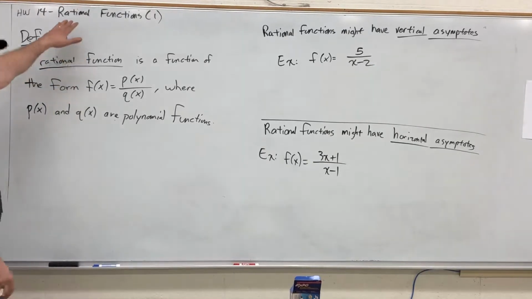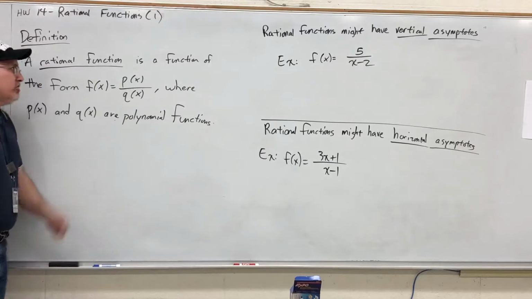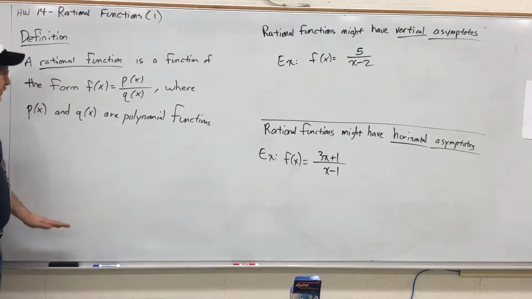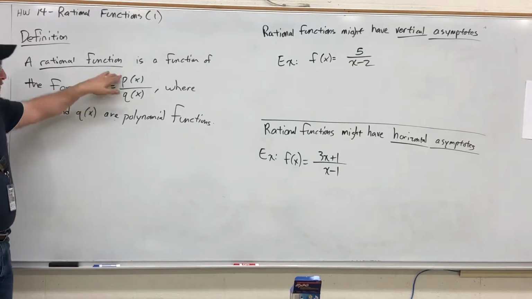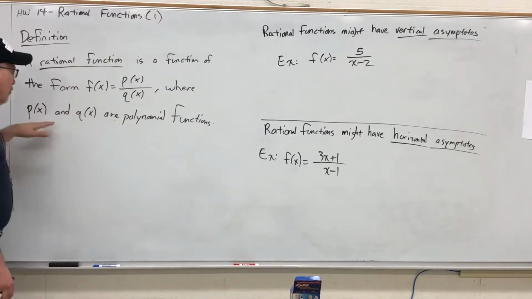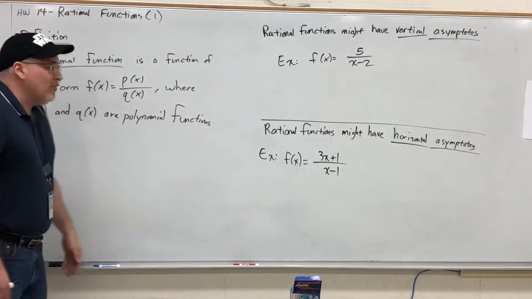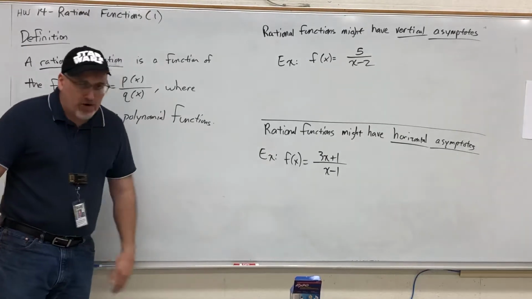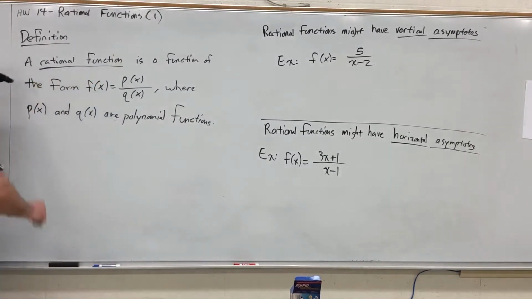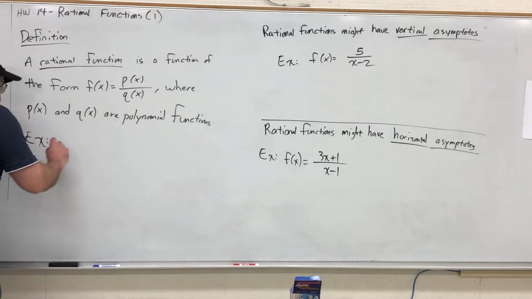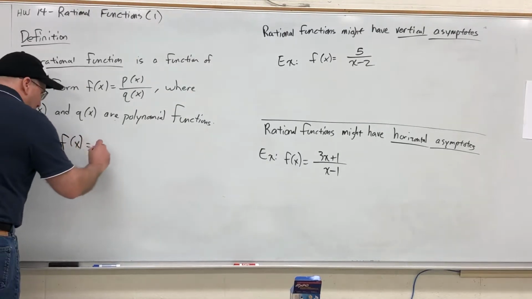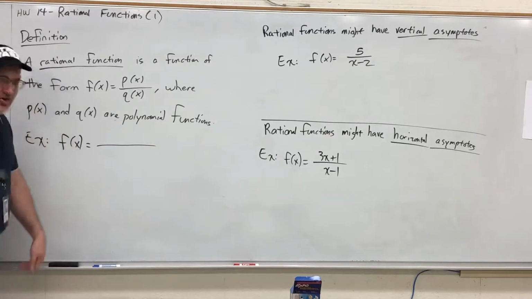are called rational functions. And by definition, a rational function is just a function of the form f of x equals p of x over q of x, where p of x and q of x are polynomial functions. In other words, just take two of the things we've been working with and stick them on top of each other. For example, we could say f of x equals and write any polynomial function on top of any other